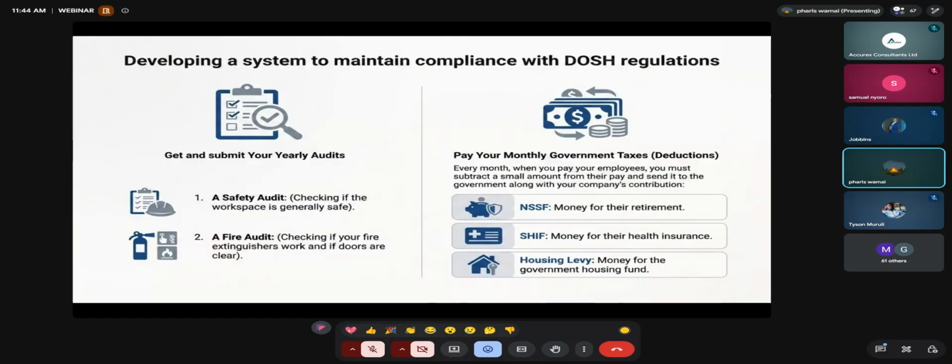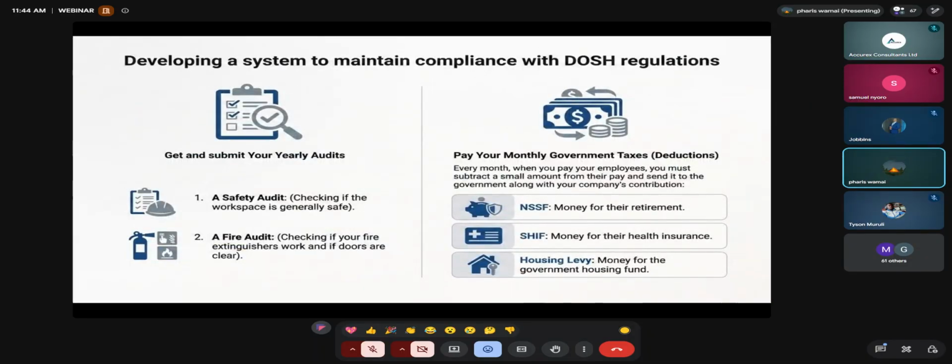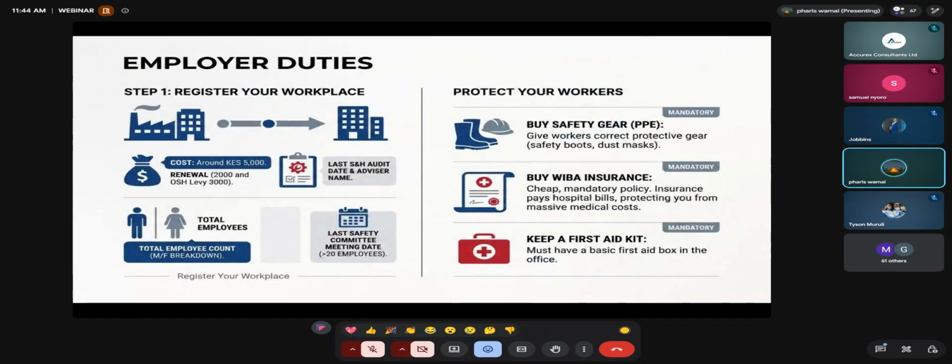I want to now talk about reporting of incidents, because it's something that always comes up. We said that if it's a serious incident, it should be done within the first 24 hours. If it's not a serious incident, it will be done within the first 7 days. Immediately after the incident, you are supposed to take the incident reports, witness reports,